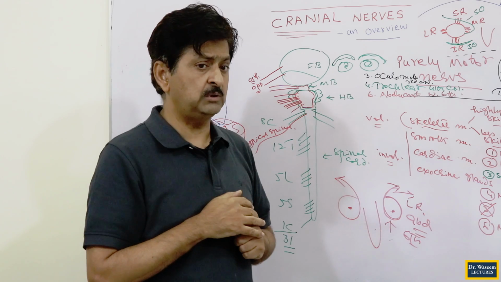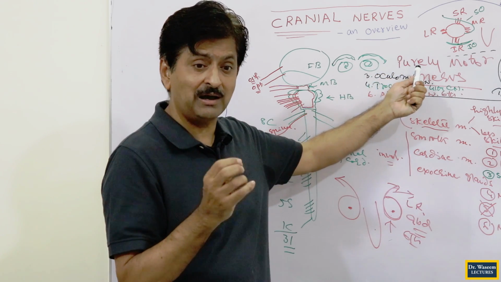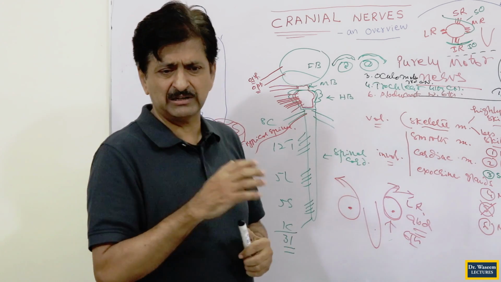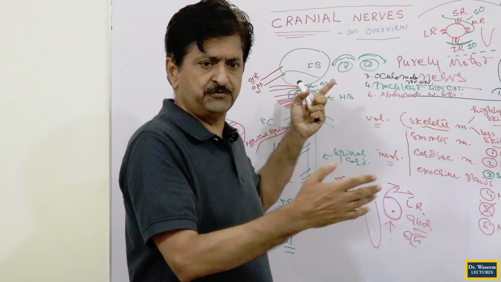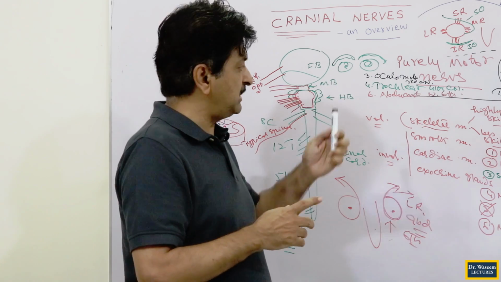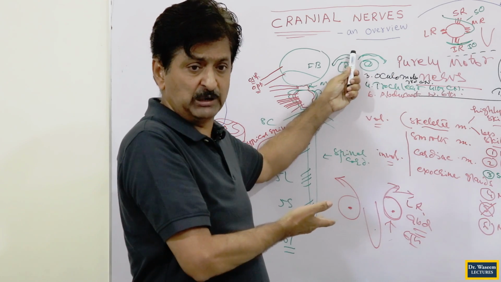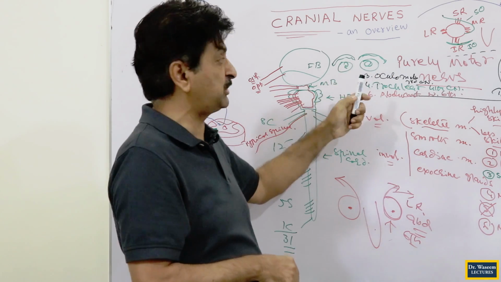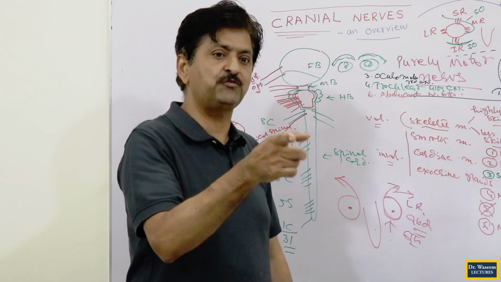Actually, this is probably the only nerve here which is purely motor, but we can't call it very purely motor. Though "very purely motor" is not a phrase, you can't call it that. In sensory, you can call all of these 3 very purely sensory. Here, up to the 4th and 6th nerves, the 4th nerve, which is purely motor, will also be called very purely motor, but only the 3rd will not. We call it purely motor, but not very purely motor.